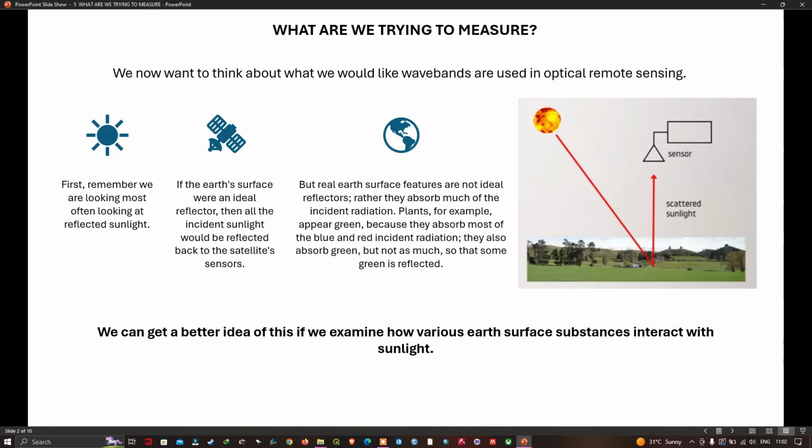Some plants are differently colored. For example, plants which appear red strongly absorb the incident blue and green radiation, but reflect a significant portion of the incident red radiation from the sun. To develop a better idea of what a satellite sensor detects, including in the range of wavelengths beyond human vision, we will now examine in a little more detail the reflectance properties of Earth's surface materials as a function